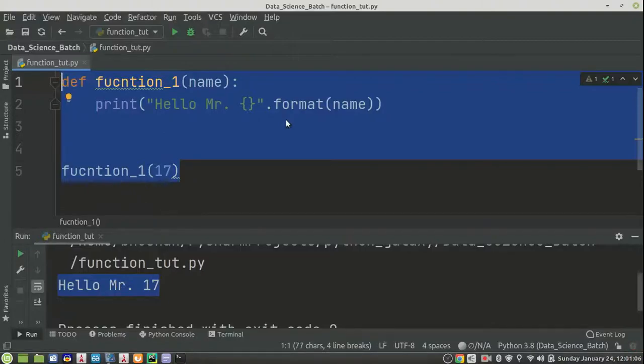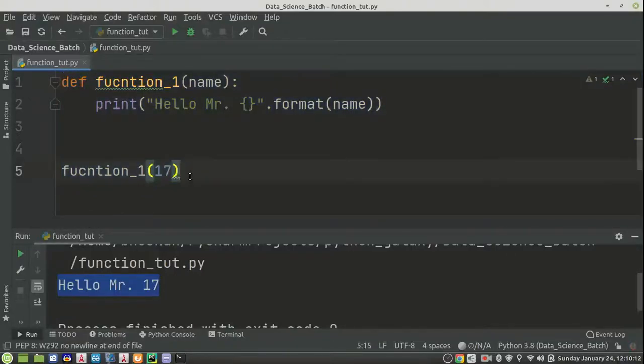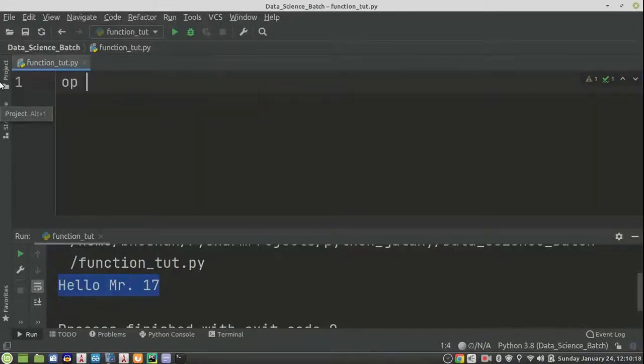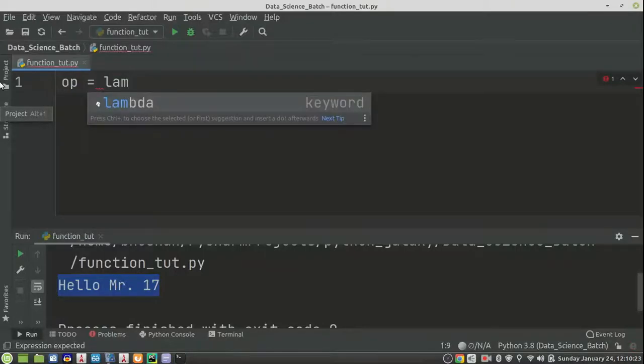First of all, we just need to write a variable name, for example OP equals lambda. The anonymous function is also called a lambda function.